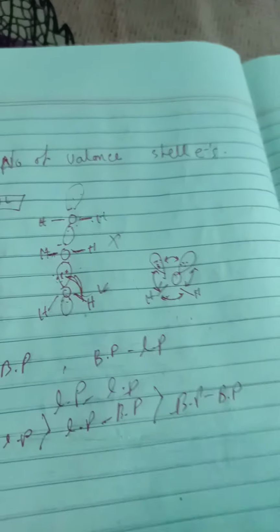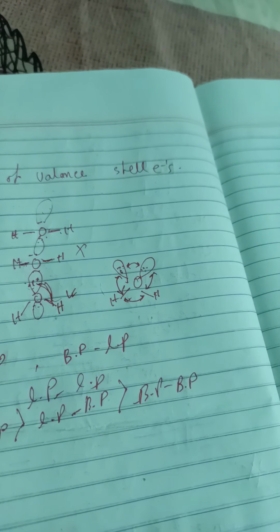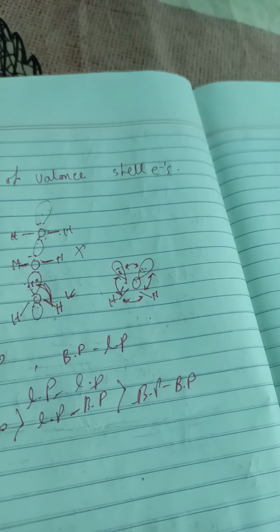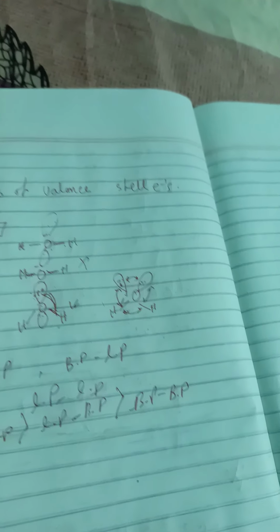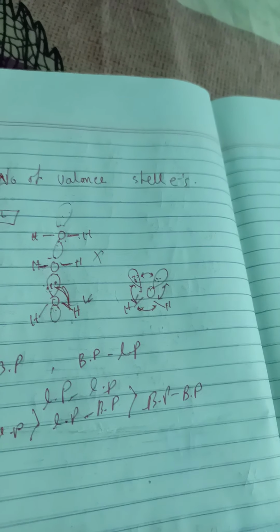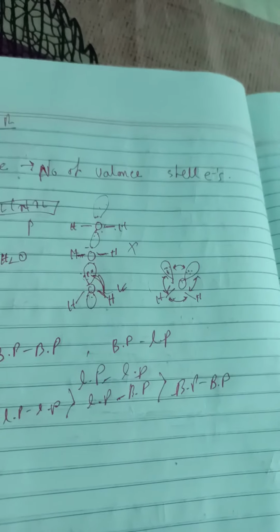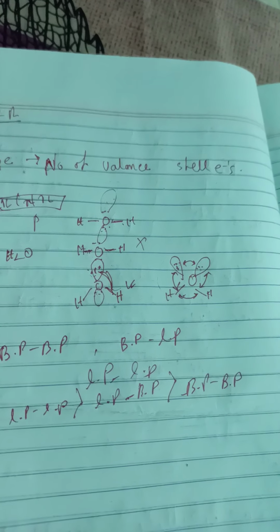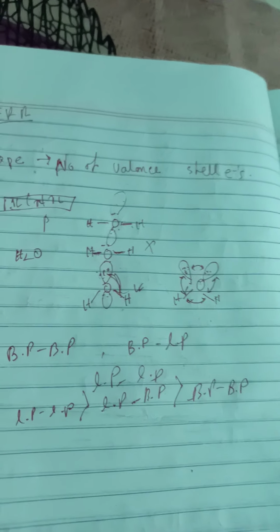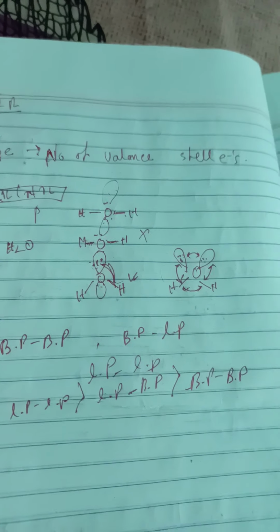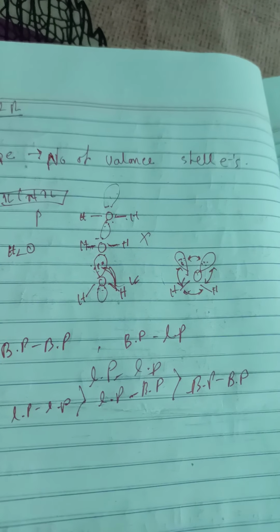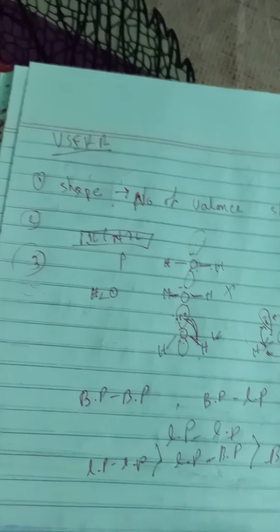Okay, according to this theory, a table is formed. Depending on the central atom and the molecules, there are 2 parts actually. One is the molecules in which the central atom has no lone pair, and the other, number 2, is the molecules in which the central atom has 1 or more lone pairs. So depending on this, different molecules have different shapes. Now we will learn about this.